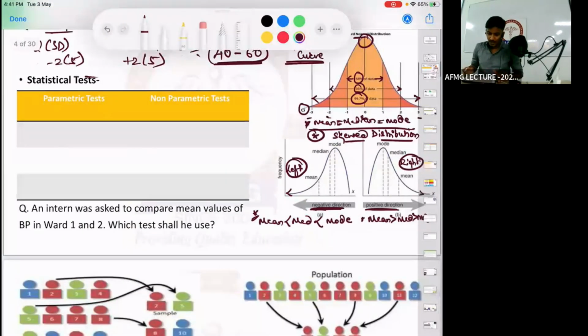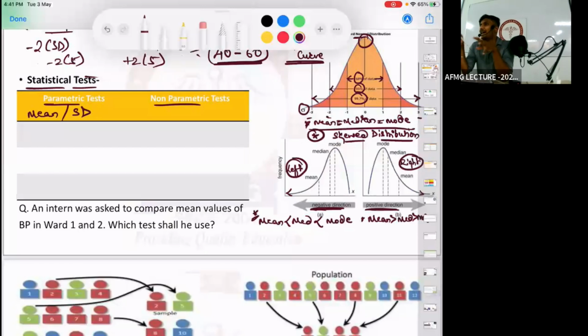Very good. Let's move ahead. Now talking about the examiner's favorite, that is a statistical test. It is a very easy concept. Don't be apprehensive that you won't get it. Everyone will get it. So either there will be a parametric test or non-parametric test. In a parametric test, we will compare either the mean or the standard deviation or maybe a value. So you are comparing a value, a mean or standard deviation.